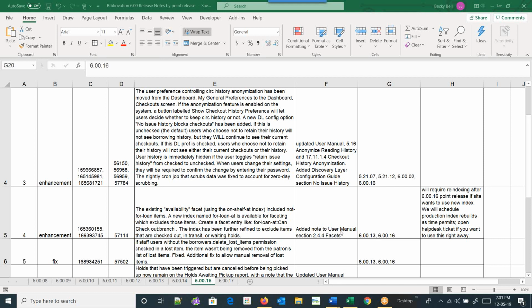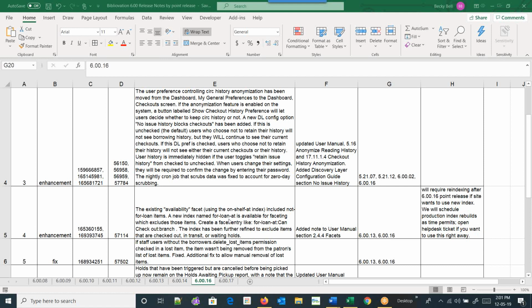There is a new note in the user manual, and there was a note that was included on this saying that if you use this, it will require reindexing. So the point release itself, when it's installed, will not require reindexing. It will require restarting the servers, which is a pretty quick process.